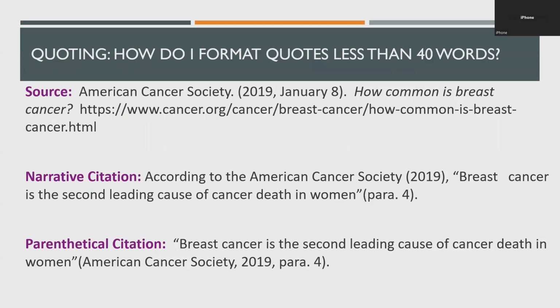We're now going to move into the section of this presentation where we're going to talk about how to correctly quote and paraphrase. So for my examples here, these are coming from the American Cancer Society. And this is actually a great example of what I was just talking about. So very often the American Cancer Society is abbreviated ACS, but in my reference here, I'm not allowed to abbreviate. So I didn't use an acronym. I spelled out American Cancer Society.